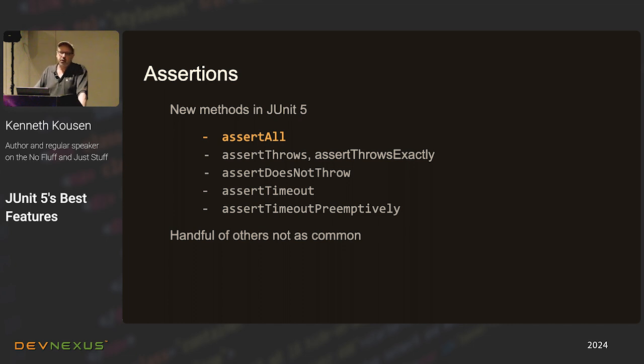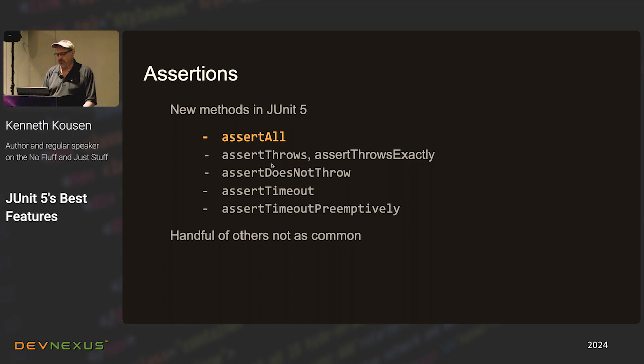Assert throws is now the new way to handle exceptions when you're expecting an exception. In JUnit 4, the test annotation had an argument, expected equals, and you put in your exception there. The problem is anything in the test could throw that exception and the test would pass, not necessarily the thing you were trying. Like if you were expecting a null pointer exception, you could wind up